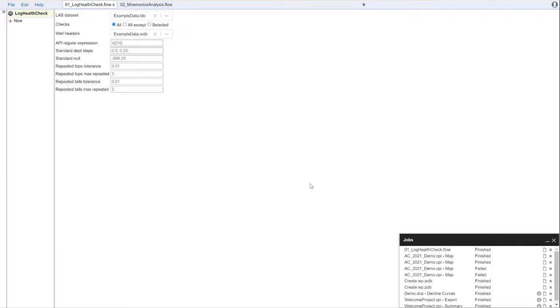In this video, we're reviewing the log health check flow tool. So in order to do the log health check, what you'll need to do is create a new flow, and then you'll need to add the log health check tool. This is a standalone tool, and once we add the tool, we'll be asked to select our example data set,